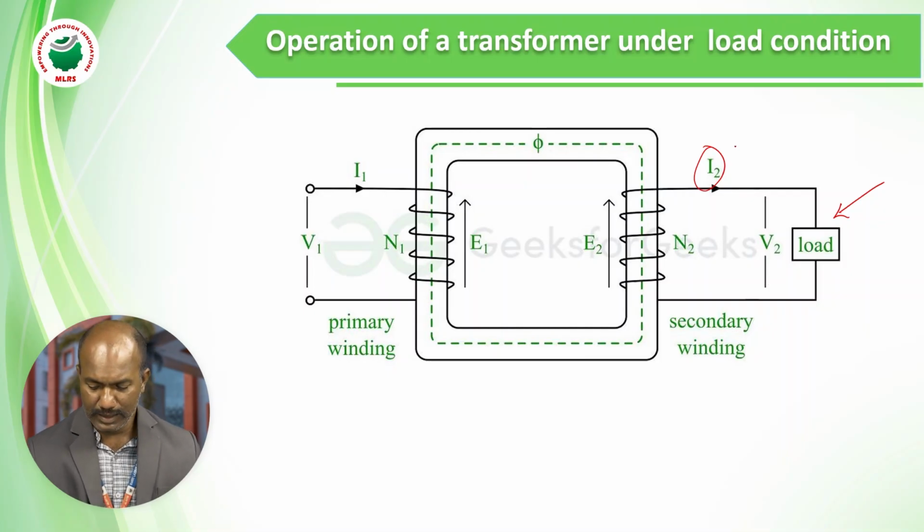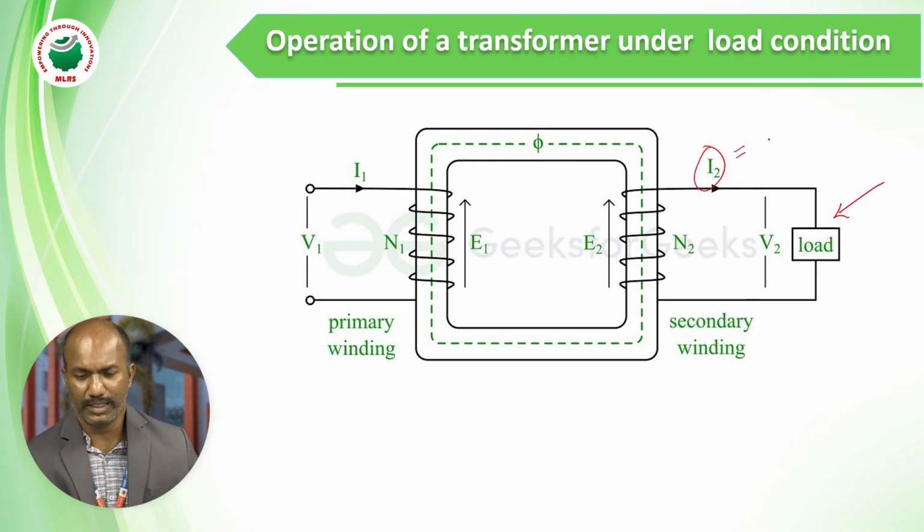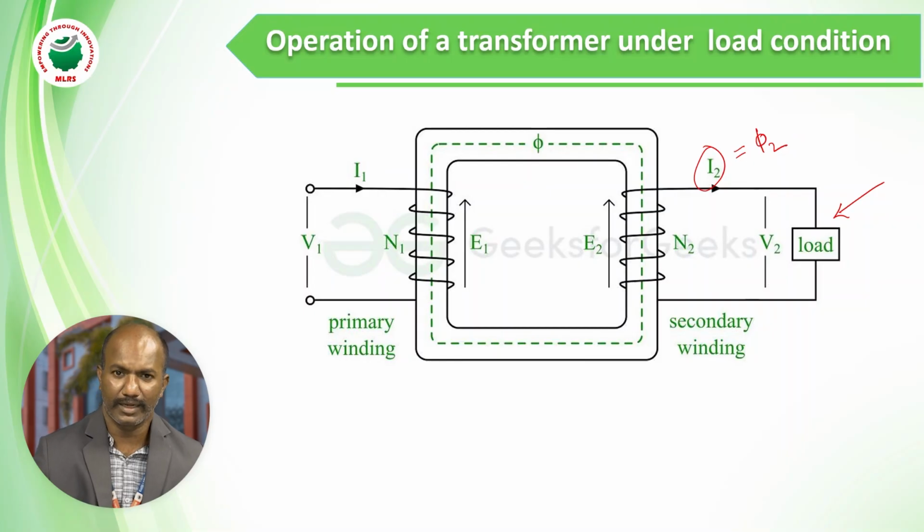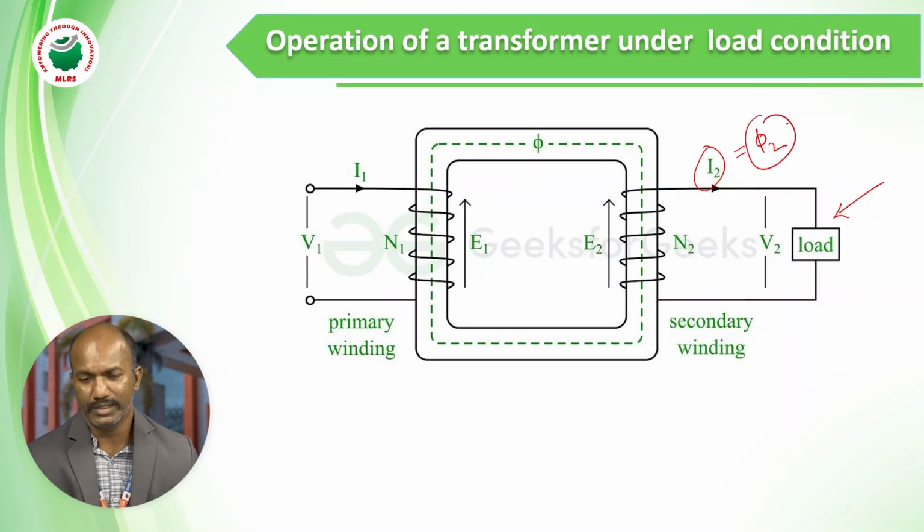Now what will happen when I2 flows in the secondary winding? Now this I2 produces flux. Why? Because we know that current carrying conductor produces flux. Now according to Lenz's law, what is the direction of phi 2 in the transformer core? We know Lenz's law. What is the Lenz's law